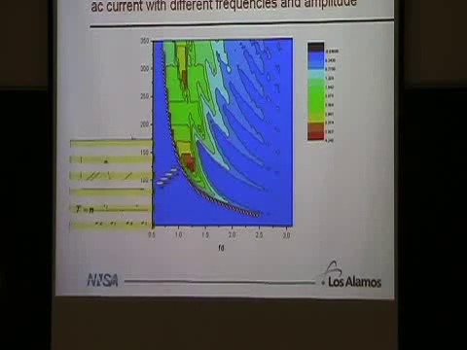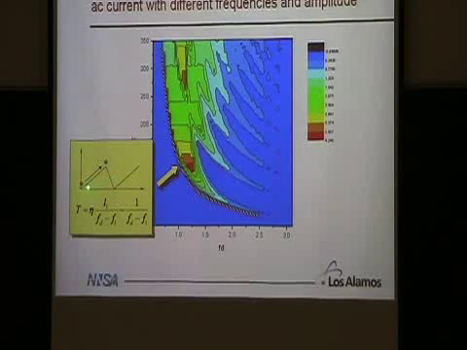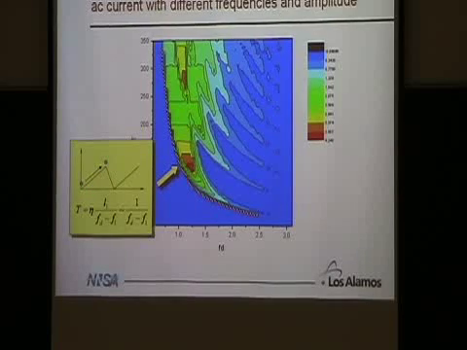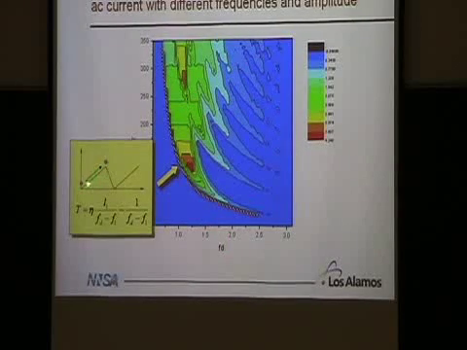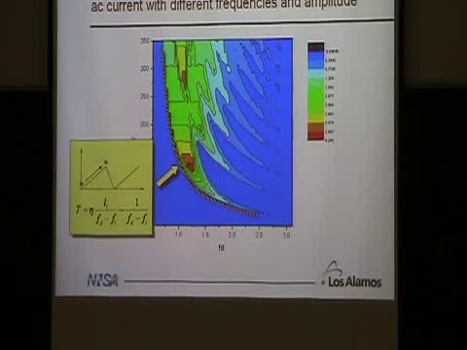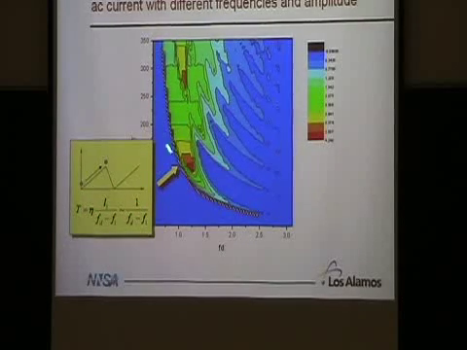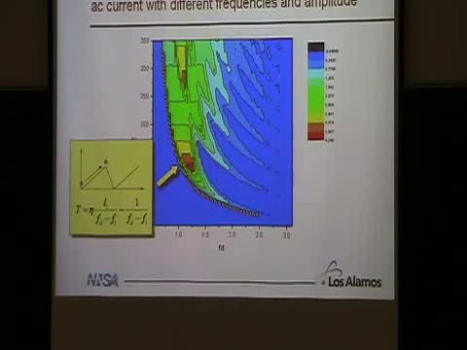And of course this is easy to understand because you have to be able to get all the way from one side of the tooth to the other in order to be able to ratchet. If the driving force is too low or the period is too short, you'll just stay on one tooth the whole time, so obviously you can't ratchet. And you can actually write down that, therefore, this line should go roughly like 1 over the driving force, and that's exactly what we see.